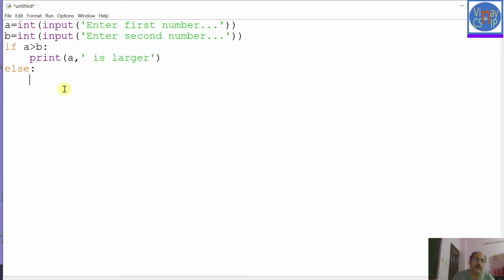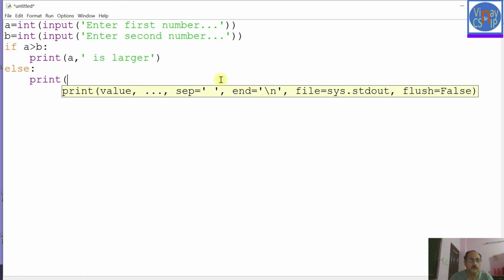Now it will come to else only when both a and b are equal or a is less than b. Yes, again I'm explaining you, maybe my point was wrong. So I'm telling you this once again.